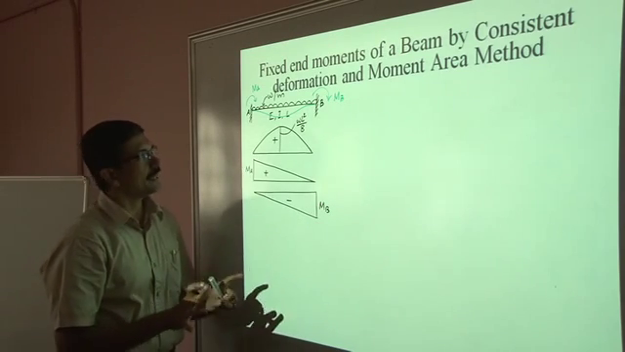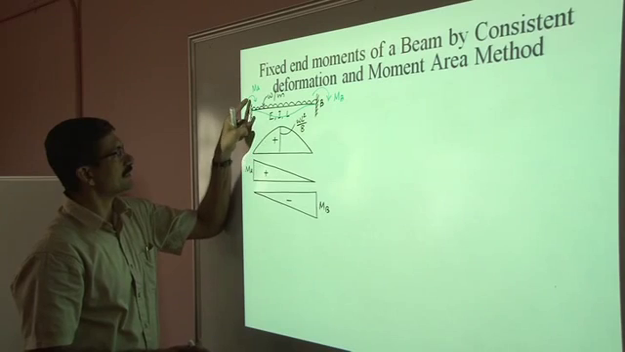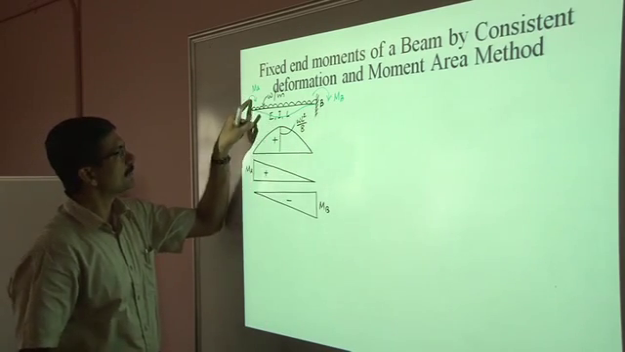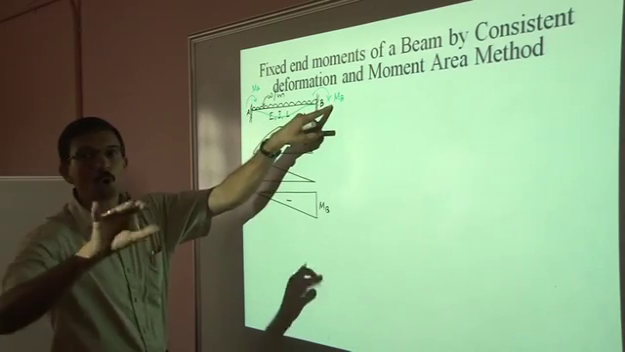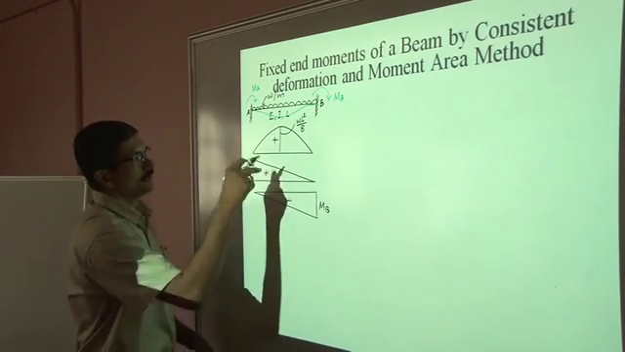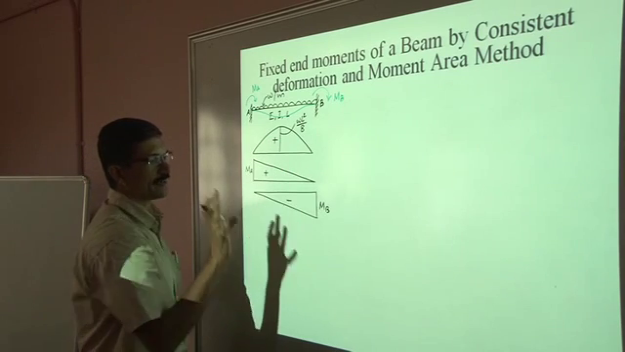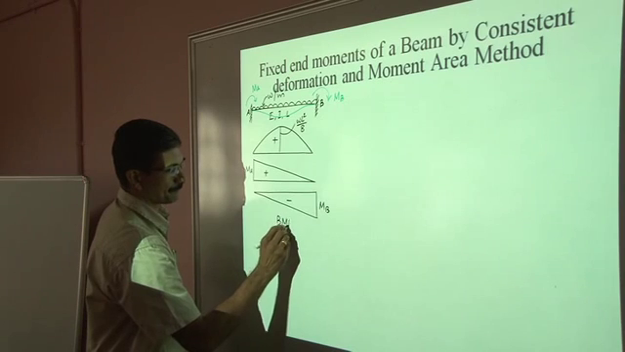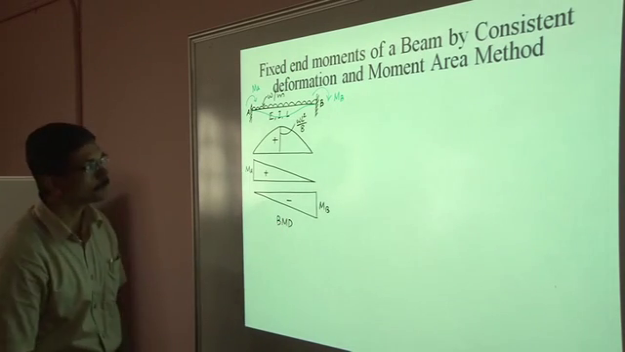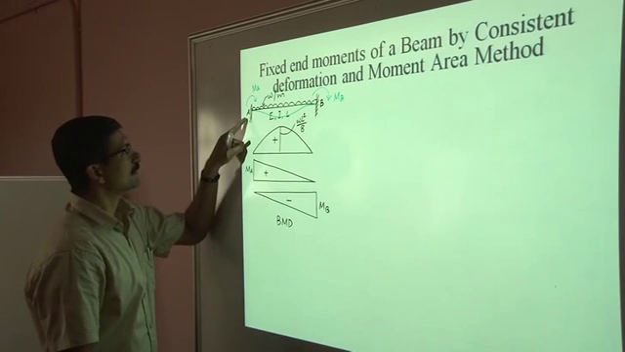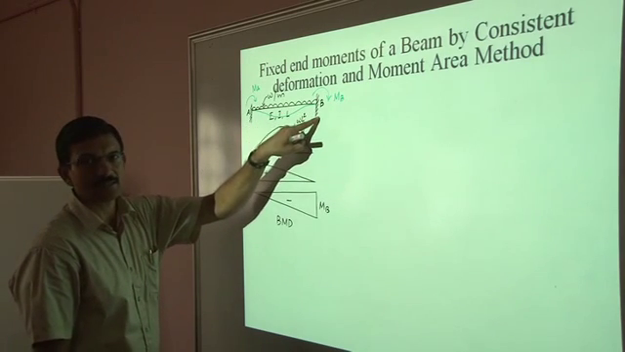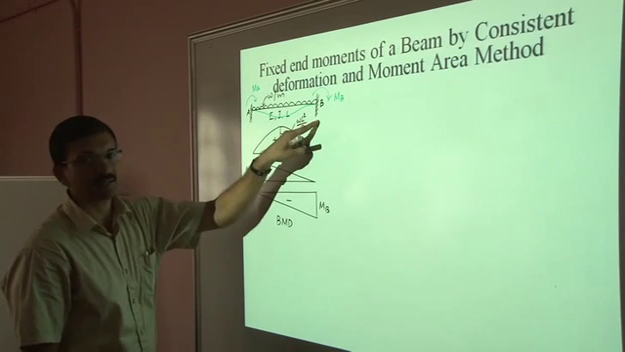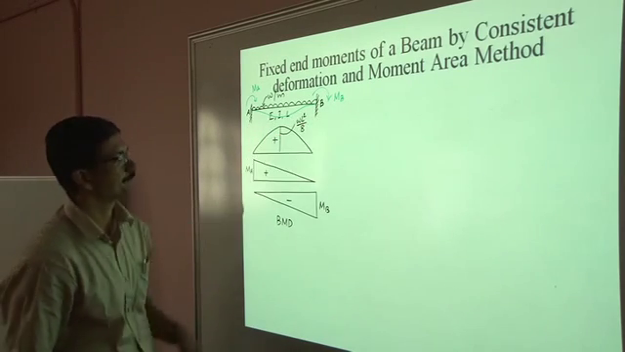We assume initially that the fixed moments at end A and end B are clockwise in nature, so that this moment is going to sag the beam and this moment is going to hog the beam. So when you sum up these three diagrams, we are going to get the final bending moment diagram, BMD. And now the conditions available at these two supports are slope at this end is equal to 0 and slope at this end is equal to 0. If we exploit that,